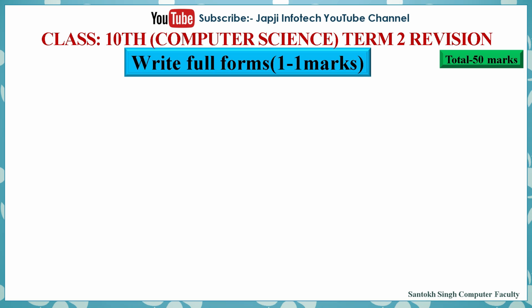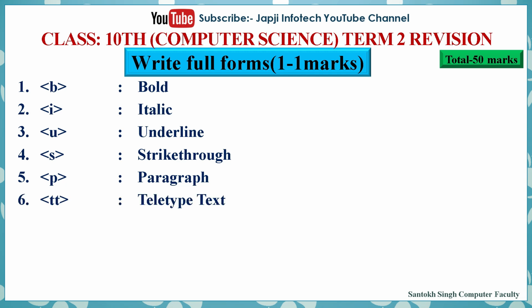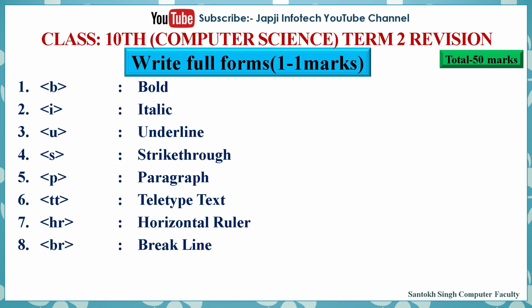So we will now read full forms which will carry 1 mark, in which first one is B tag stands for bold, I tag stands for italic, third one is U tag stands for underline, fourth one is S tag stands for strike through, fifth one is P tag stands for paragraph, sixth one is TT stands for teletype text, seventh one is HR stands for horizontal ruler, eighth one is BR stands for break line, ninth one